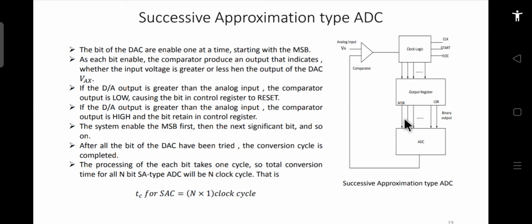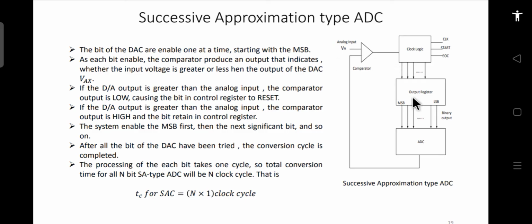Whenever this input is, let's say, 1, the output register stores some value, and this happens starting from the MSB. When the first clock pulse appears, the bits of the DAC are enabled one at a time.